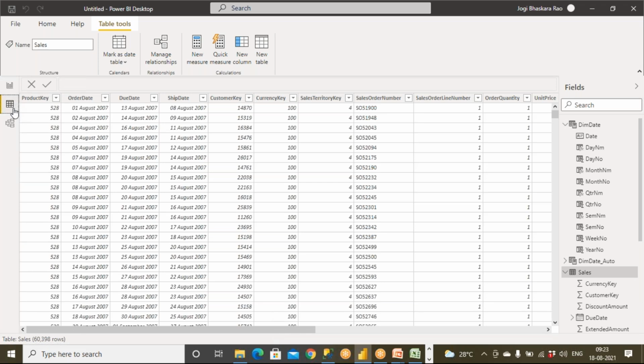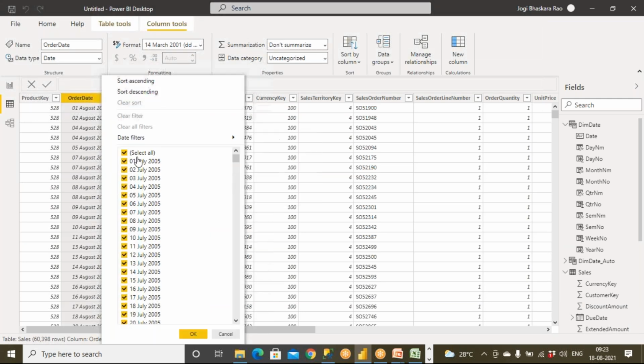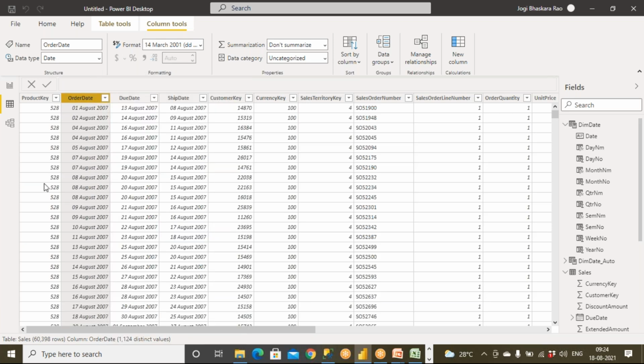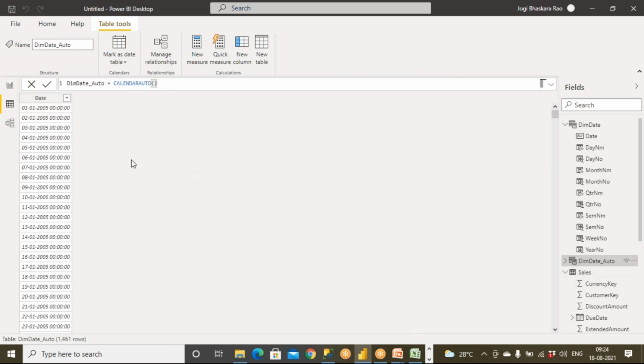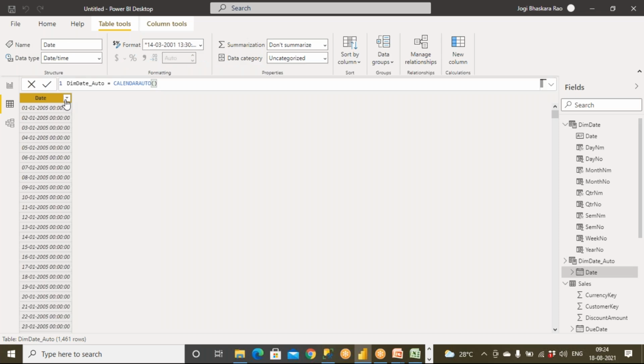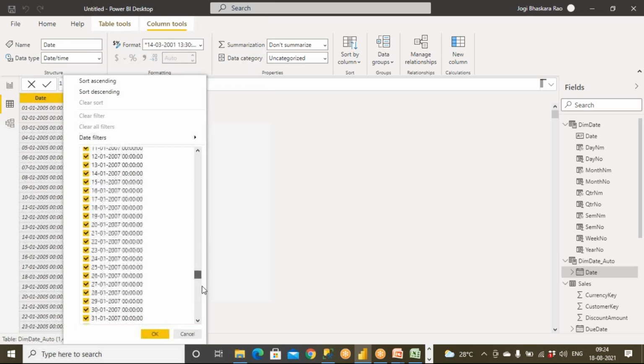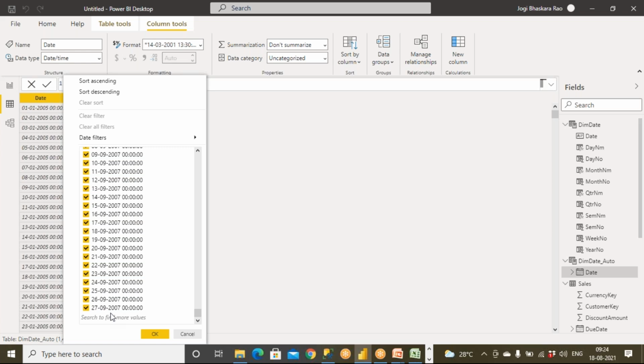minimum value? What is the minimum value? You go there, the minimum value is July 1st. Okay, what is the maximum value? Maximum value is 29th March. Okay, now if you see, if you go to dim date auto, what is the minimum value? Minimum value is January 1st. What is the maximum value? It is